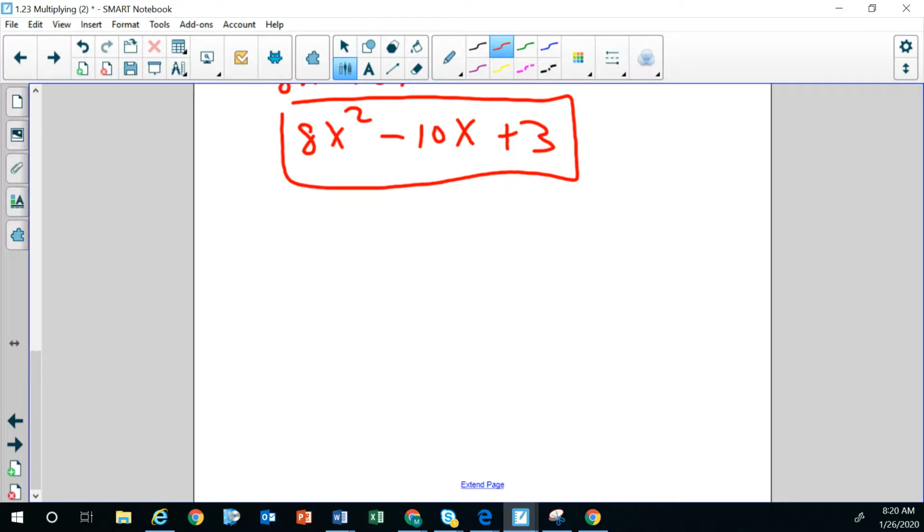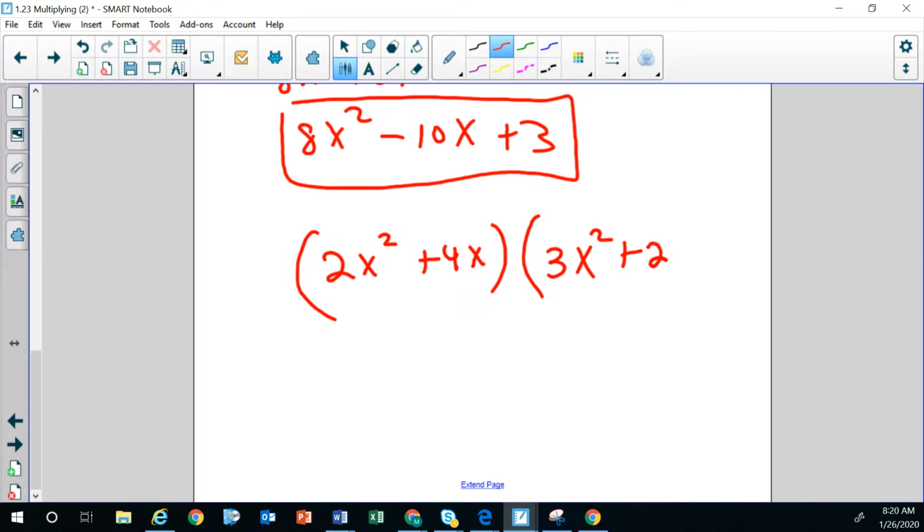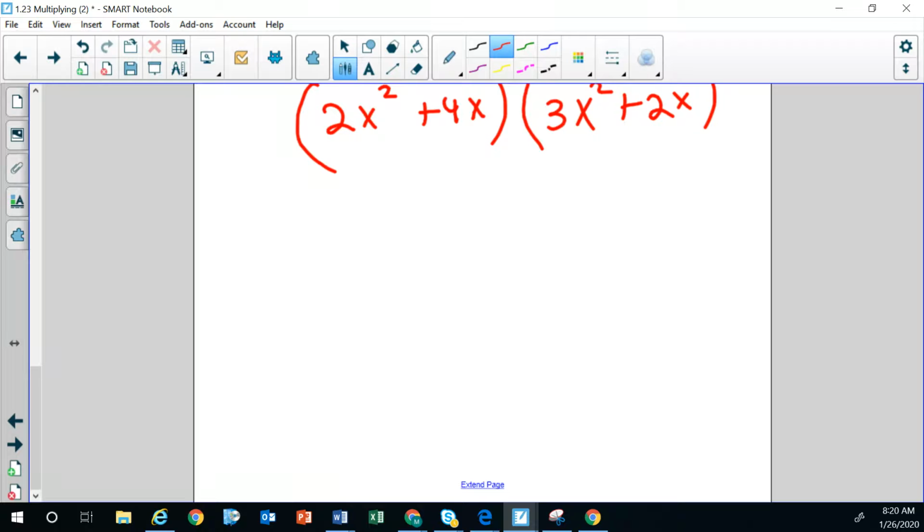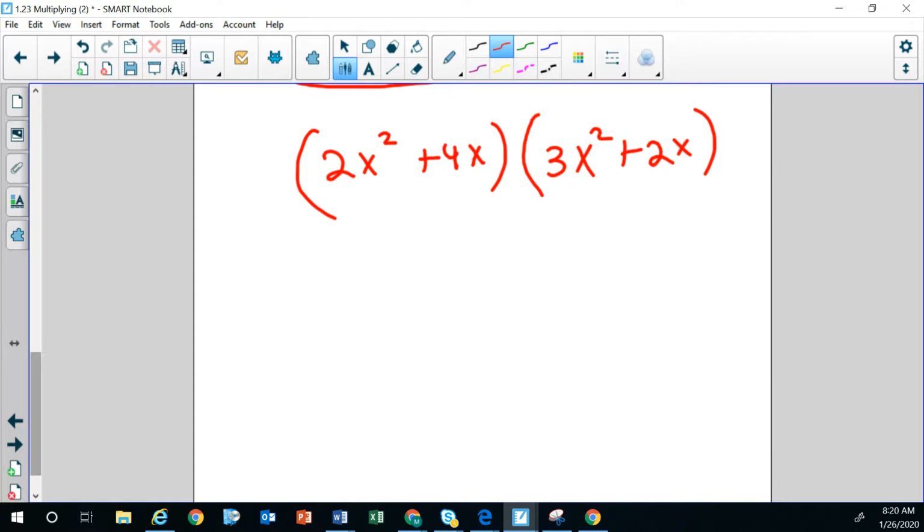This one is going to be 2x squared plus 4x. I know you say, come on, Mr. Simpson, that is hard. But it's not. Same principle. 3x squared plus 2x. Right? Just follow the same principle. All right. So let me extend my page one more time and get some more space. All right. Just a little bit. There you go. So I'm going to draw my box,